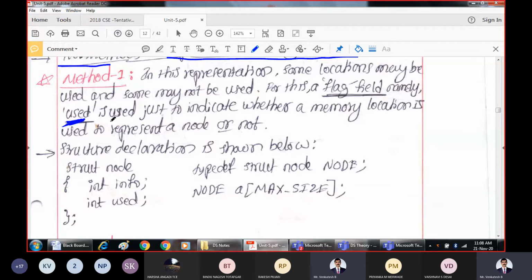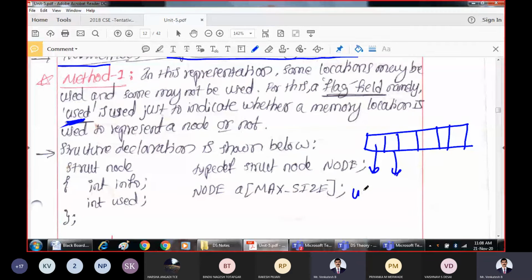It is used just to indicate whether a memory location is used or not. That means for every array location, we will have one flag field indicating used. If it is 1, there is one element here. For every location, there is one flag which is used.